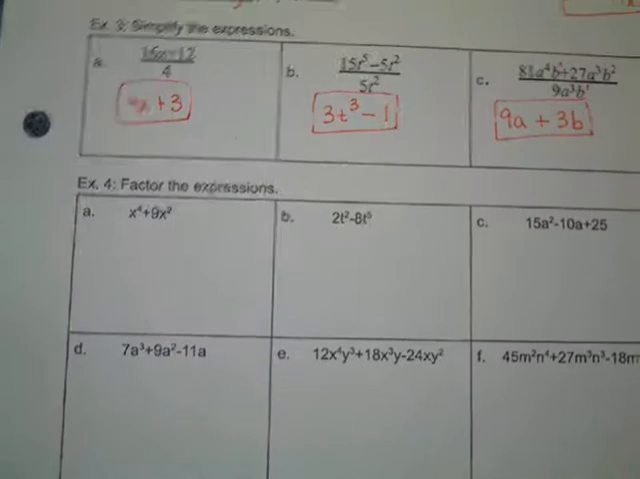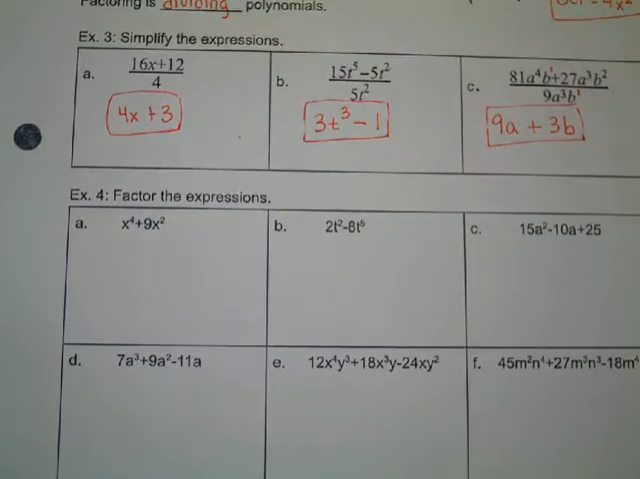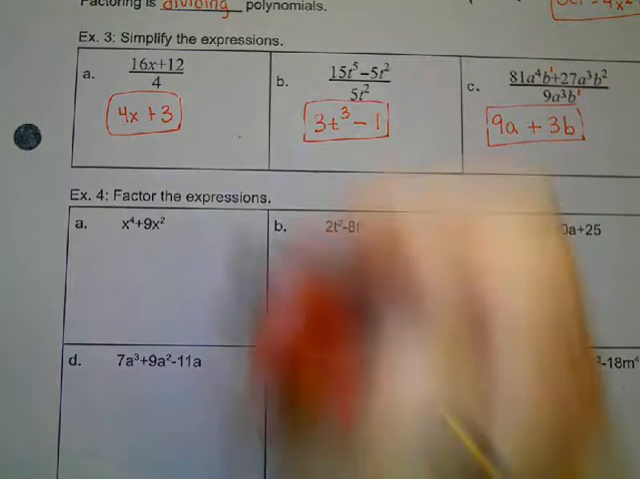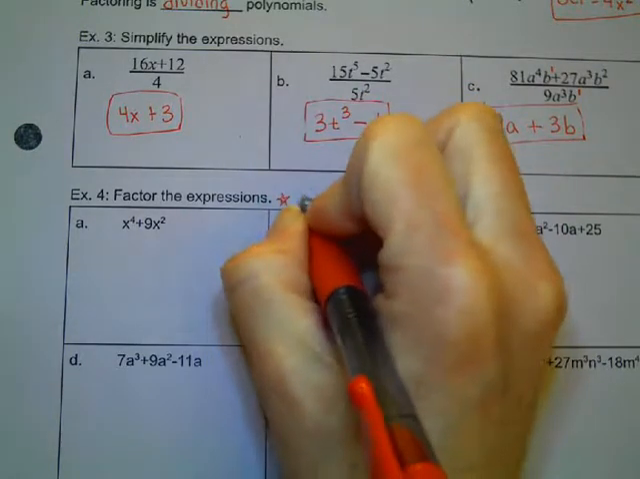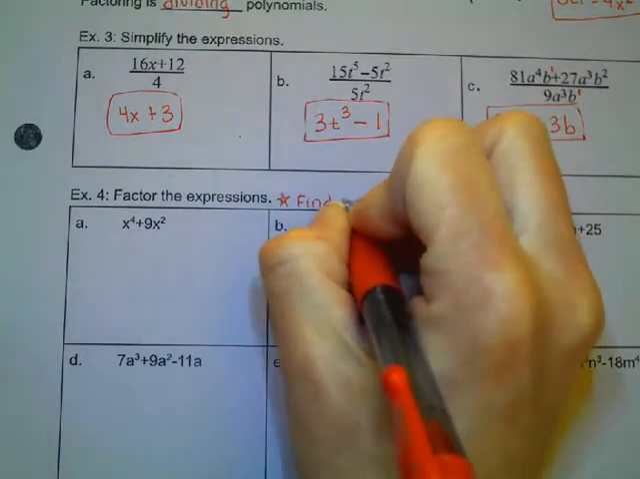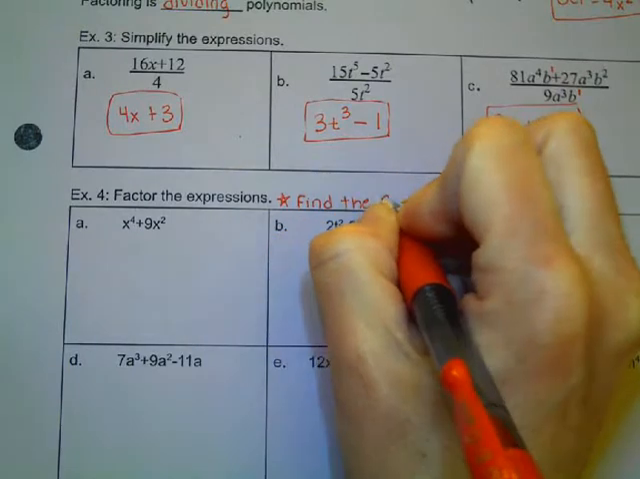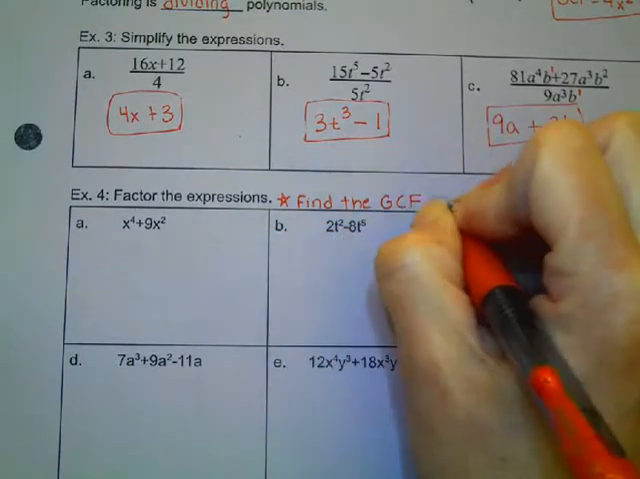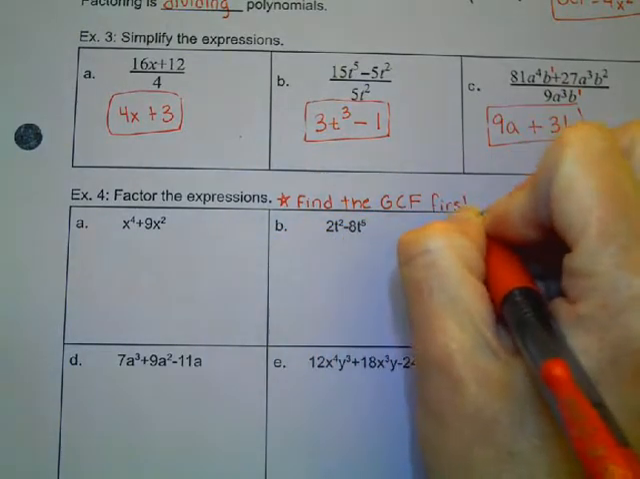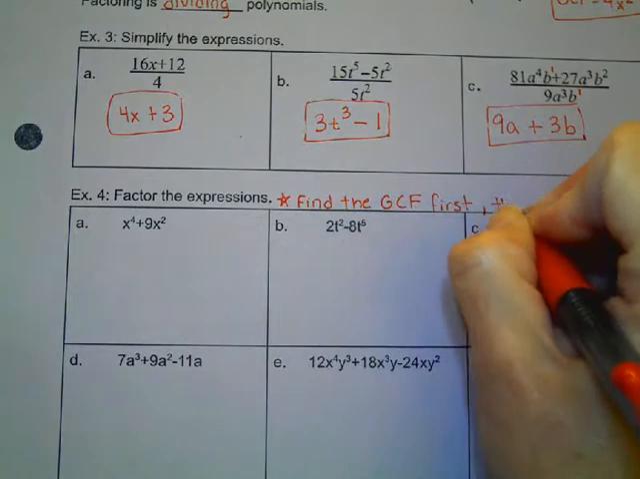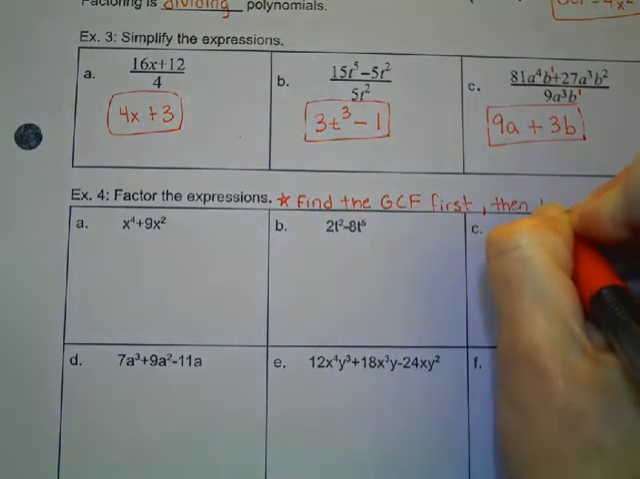So now, last chapter we told you what to divide by. Today you're going to figure out what is the GCF. So you want to find the GCF first. Then divide. Okay, so